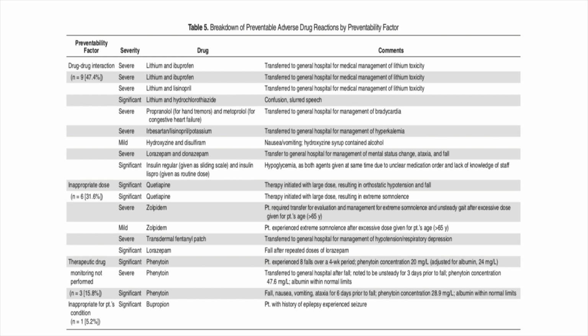Another thing Thomas et al. looked at were drug-drug interactions and which ones could cause which. And if you saw in my drug-drug interaction PowerPoint, we see lithium is influenced by NSAIDs like ibuprofen and blood pressure medications like lisinopril and hydrochlorothiazide. So it's something we have to think about when we start somebody on blood pressure medication and they're on lithium, or vice versa. So this was something interesting the study did.